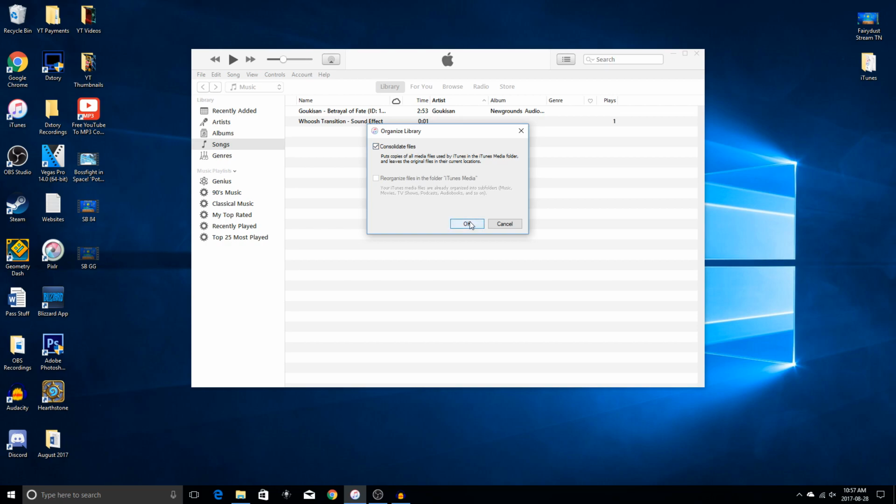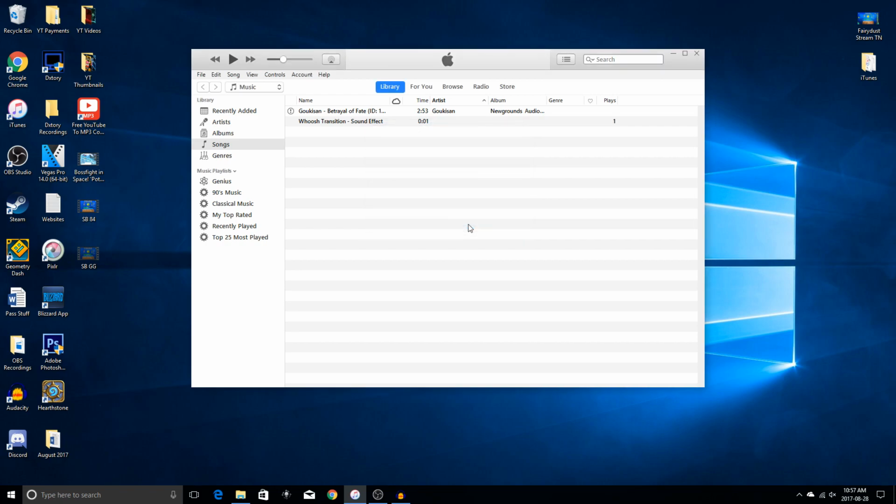If you have a large iTunes collection, it'll take a while. If you don't, it'll be very quick. For example, if I do it here, it should be very short. Yeah, it didn't even take a second. I only had these two files. So with that done, you would go into